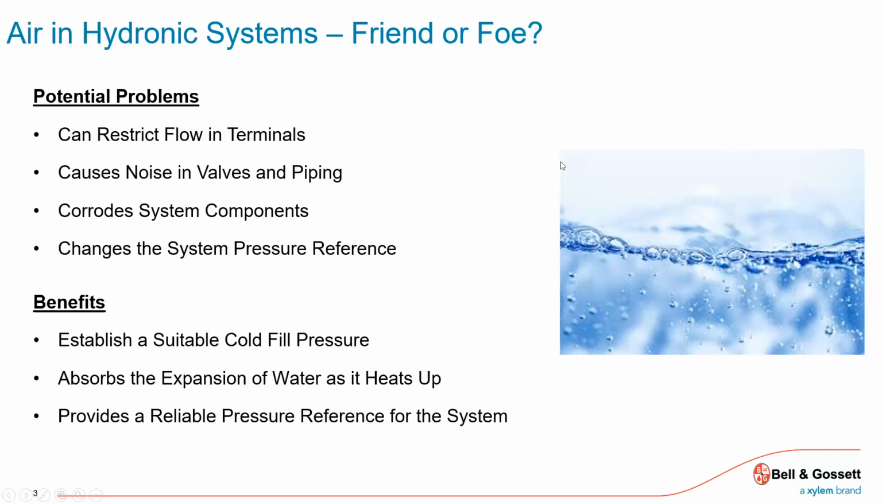What are the benefits of having air in a hydronic system, a closed loop system? Establish that fill pressure, a suitable fill pressure. Most importantly, that body of gas is there to absorb the expanding water. As you heat it, molecules grow. There's an expansion factor. That all comes into play with how our expansion tanks are sized properly so that they work,